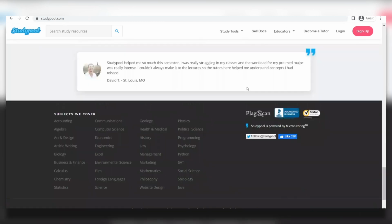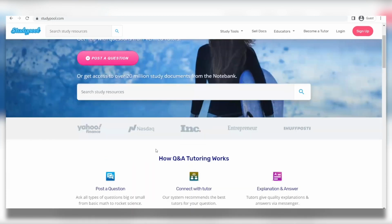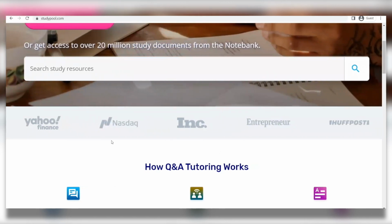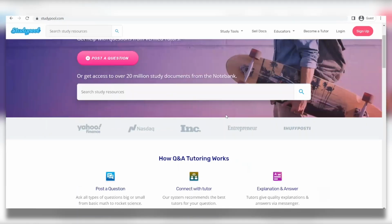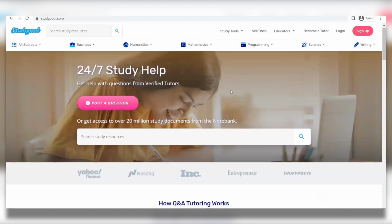Anyway, before we get into the part on making money, I want you guys to check this out first. Look at all of the big names that StudyPool has already worked with. This can definitely tell you that StudyPool has been around for quite some time and is already trusted by many. Now that we've gone through the website, what it does, its reputation, and everything, let's get started finally applying to